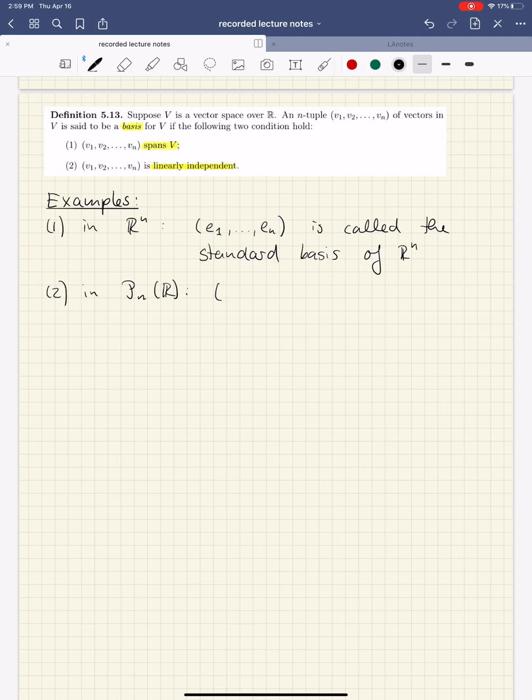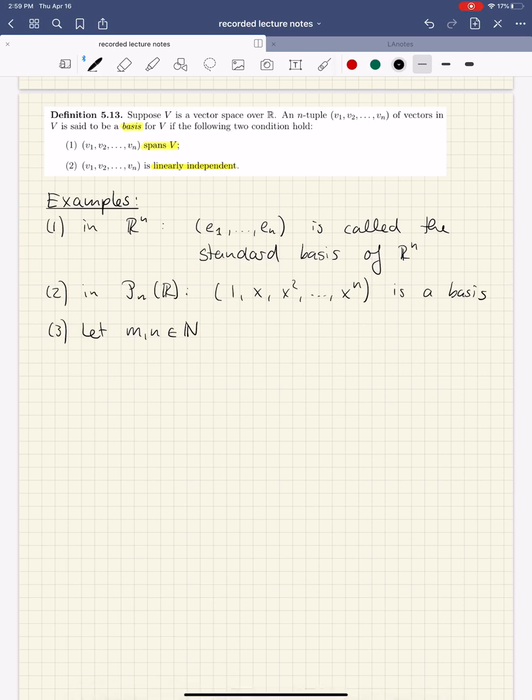Here I can take the set 1, x, x squared, so all the monomials. So I'm just trying to go through all the different ones we've seen so far. What is another one? Well,